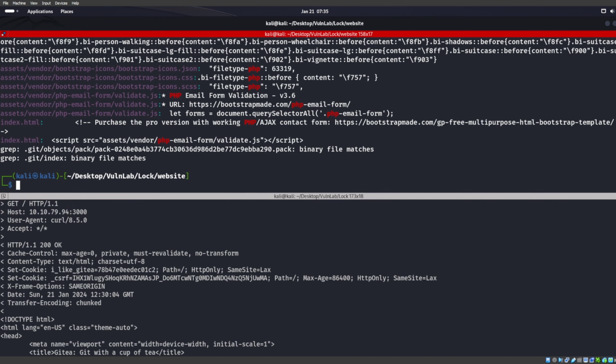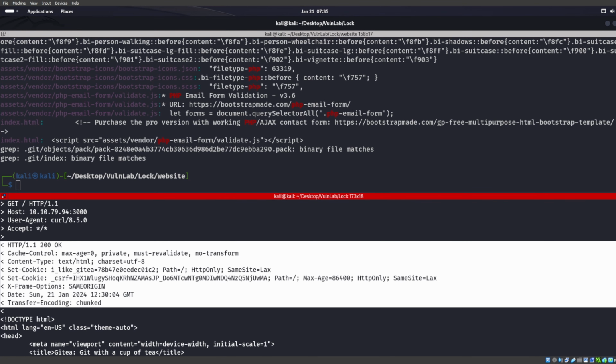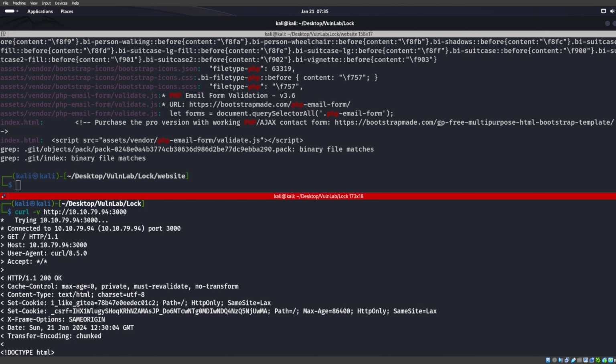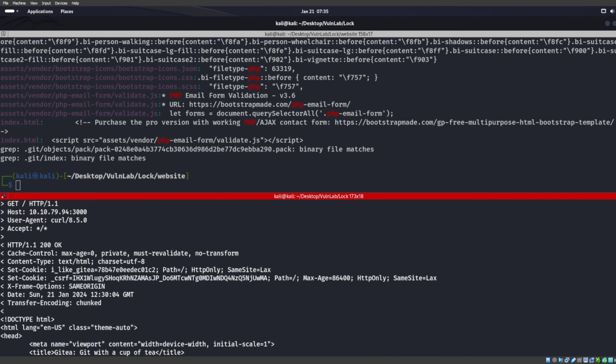Set cookie. Okay, it's not showing us. It's not showing if it's IIS or Apache. Because it feels like an XAMPP server, then it most likely has PHP on it, right? Because XAMPP, that's one of the things it has. We are hacking a box on VulnHub or VulnLab, excuse me. All right, so